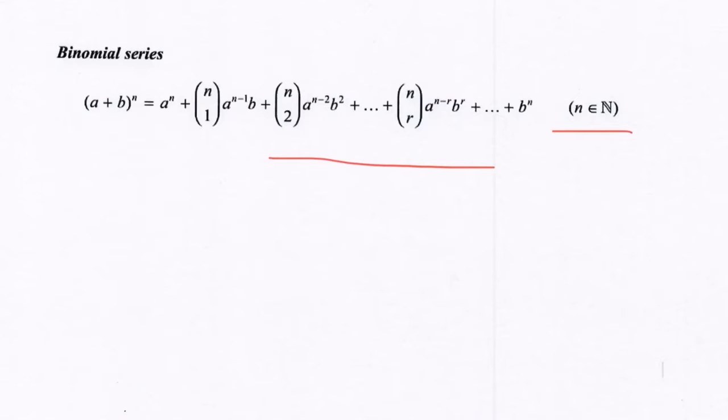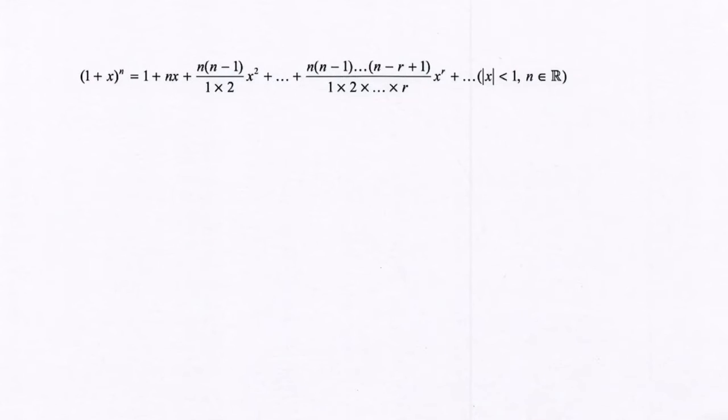When n is a fraction or is negative, no coefficient will ever be equal to 0. Therefore, the expansion is infinite. We can therefore not use this form of the binomial expansion. Instead, we use this form of the binomial expansion, but there's something that we must be aware of before we